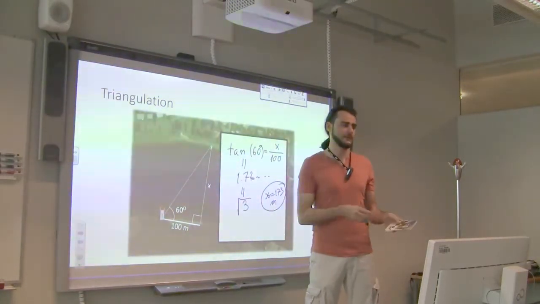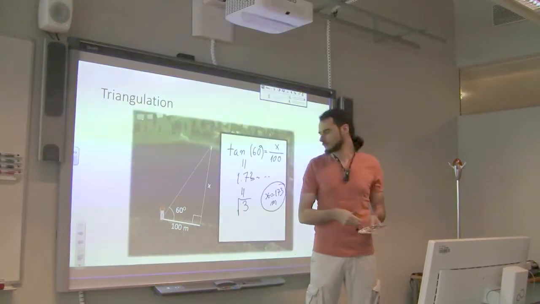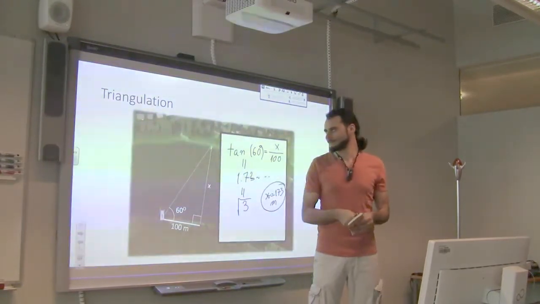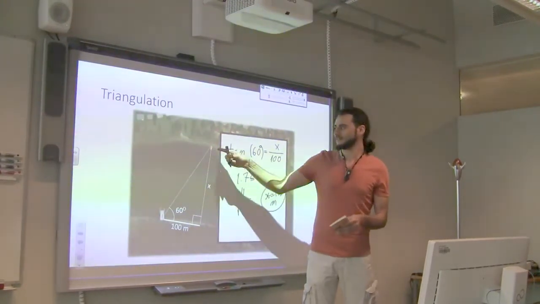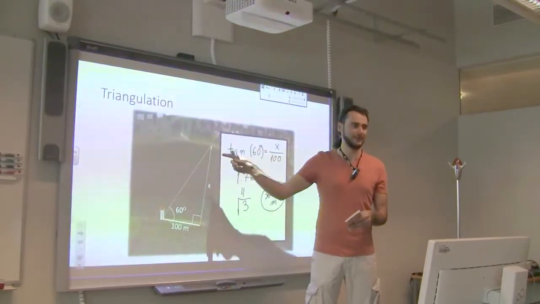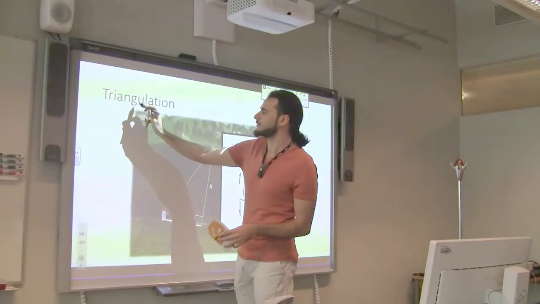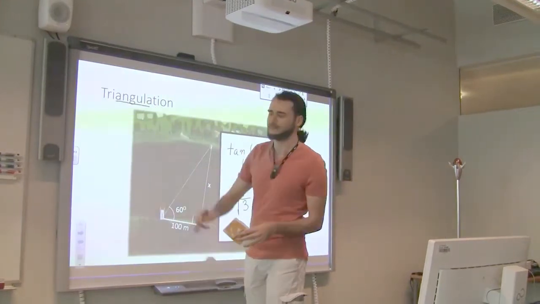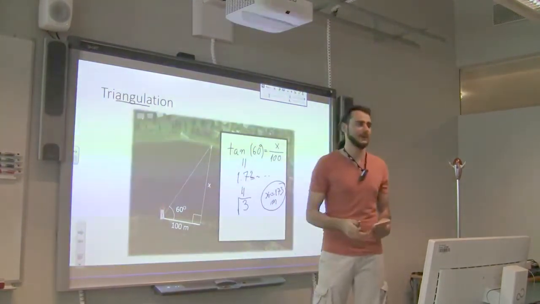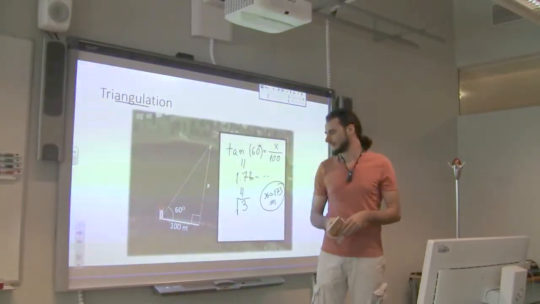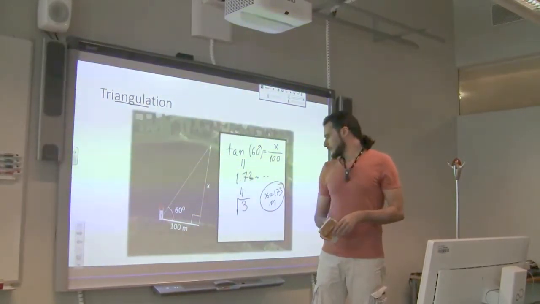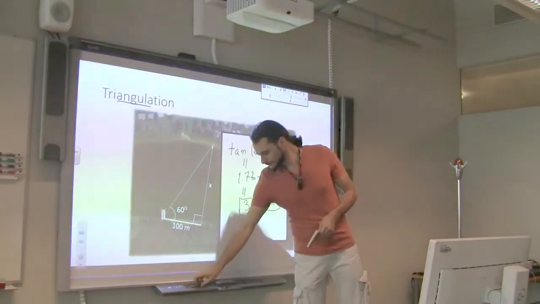So this is what triangulation is useful for. It doesn't necessarily give us the position of that boat there. It uses angles, so the reason why it's called triangulation is because it has this angle word inside it. Right, so